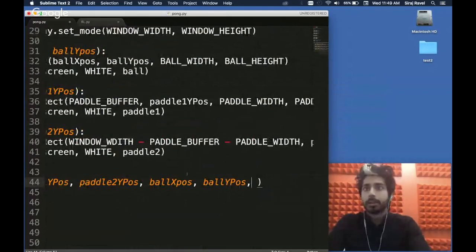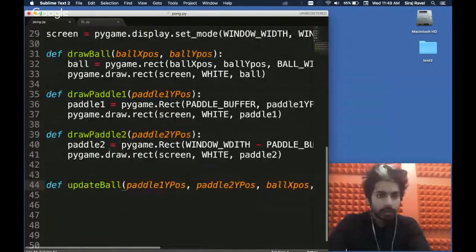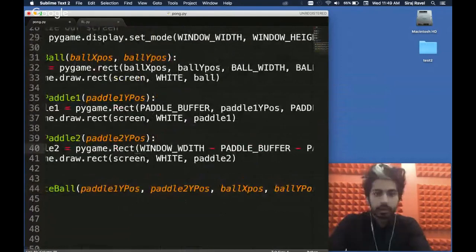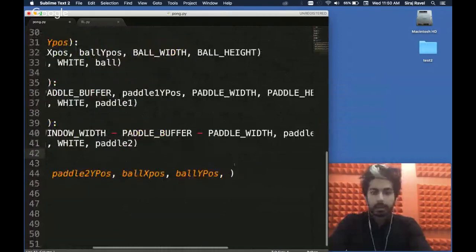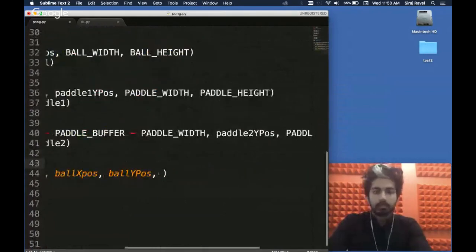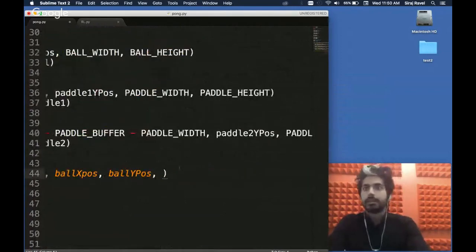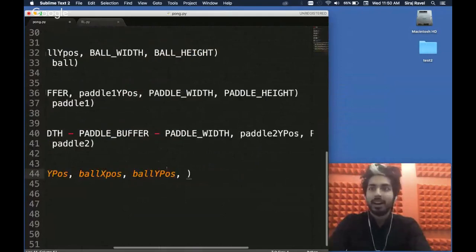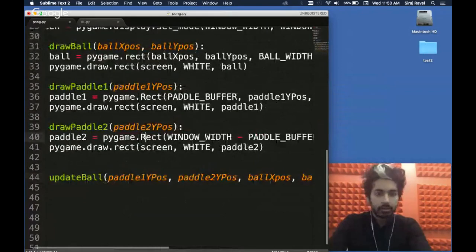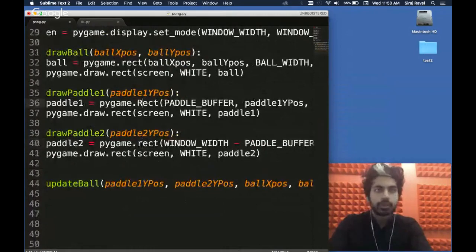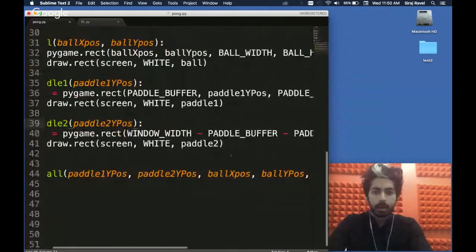The window width is spelled wrong, right? Line 40. Let's see, where is it? Window. There you go. Thank you. Appreciate it. That's spelled wrong. Line 40, capital R. Thank you. Appreciate it.